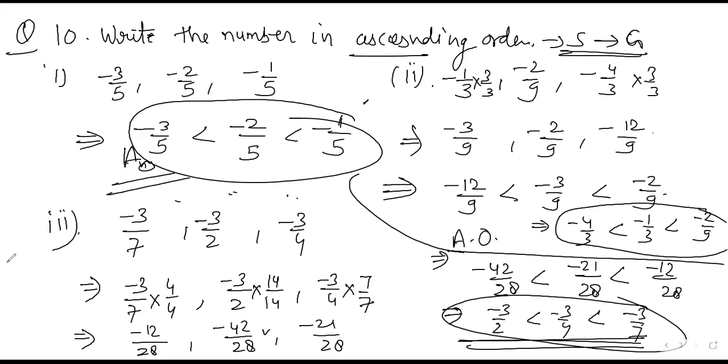In this way, exercise 9.1 is solved. I hope everyone gets this concept of the exercise, meaning solutions of questions of different types: how to find the greater, lesser, ascending, descending. Okay, how to represent a rational number on the number line, or how to get the numbers from the number line. So these are the concepts in this exercise we have discussed, and how to find a rational number between two given rational numbers, and how to find equivalent rational numbers, right?